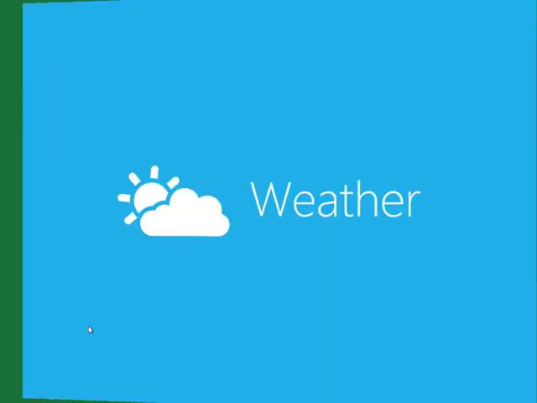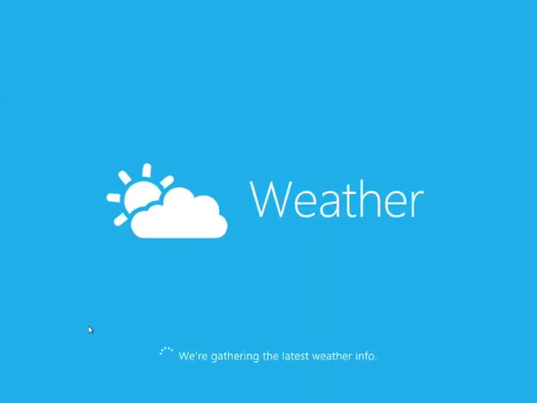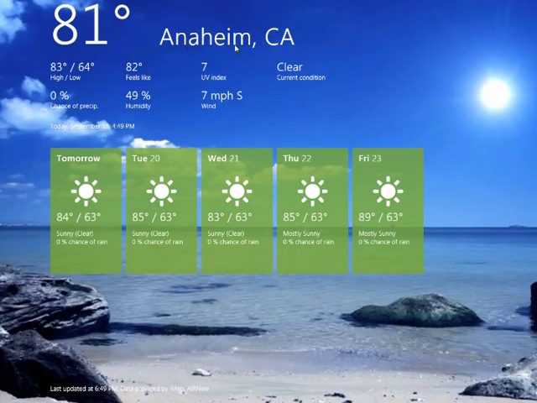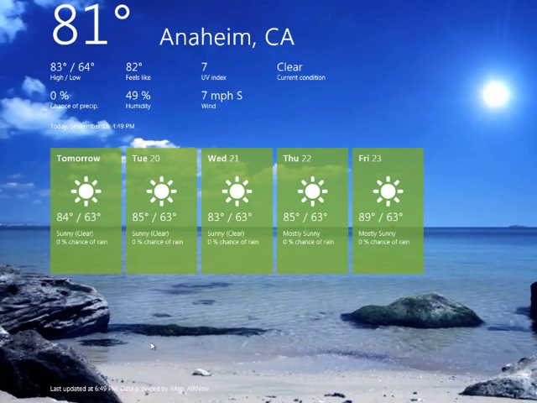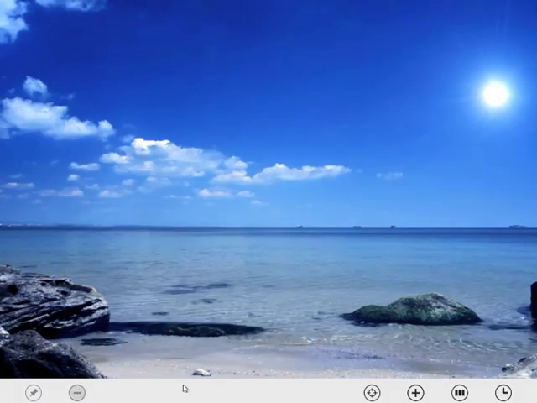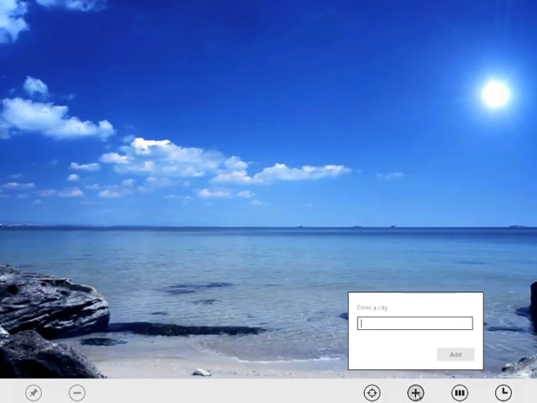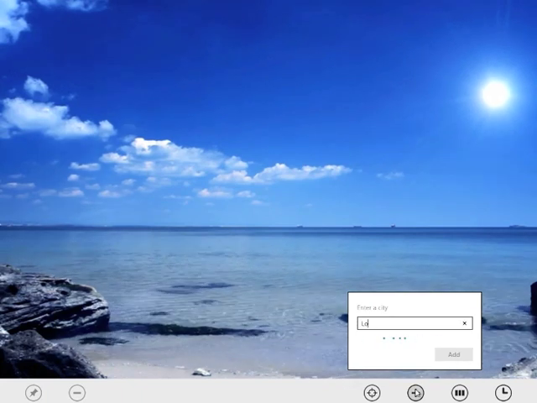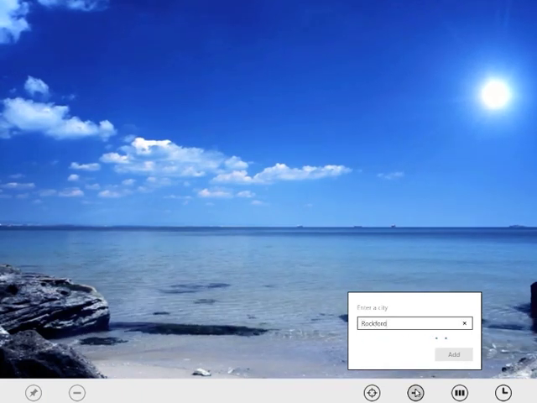Now this one I really like. This is the weather app. And by default it's set to Anaheim, California. I don't live there, wish I did, but you see it's at the beach, so it must be nice out there. But I'm just gonna enter in my city,